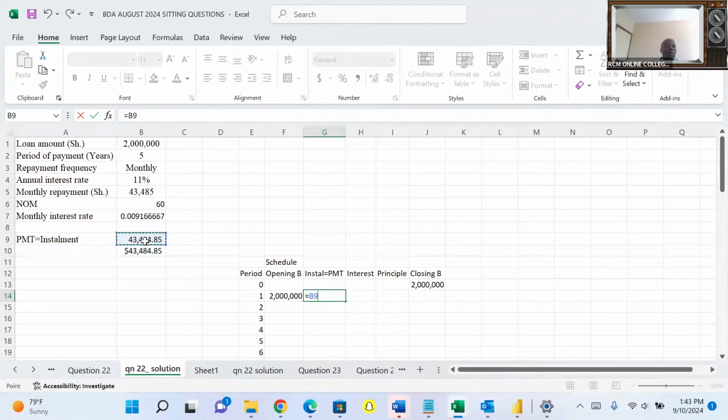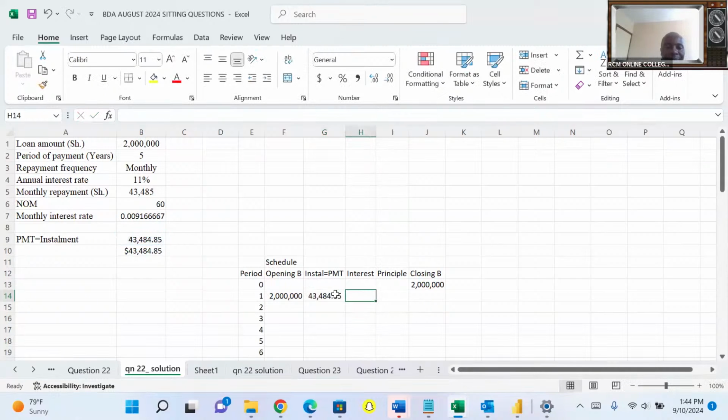You're right, I must use F4. On some computers, you must press the function key and then F4. So in this case, whenever a figure is going to be constant, that's a superior figure. We must dollarize it. You can see these dollars here, this dollarization. So that is the installment. We've been able to dollarize it. It's quite a key figure to us.